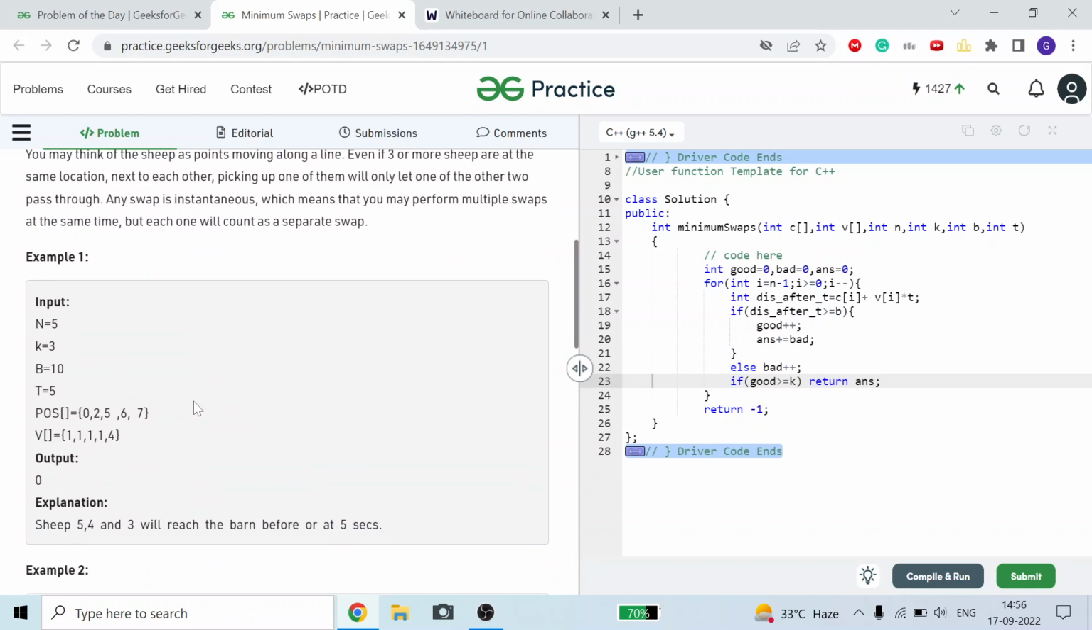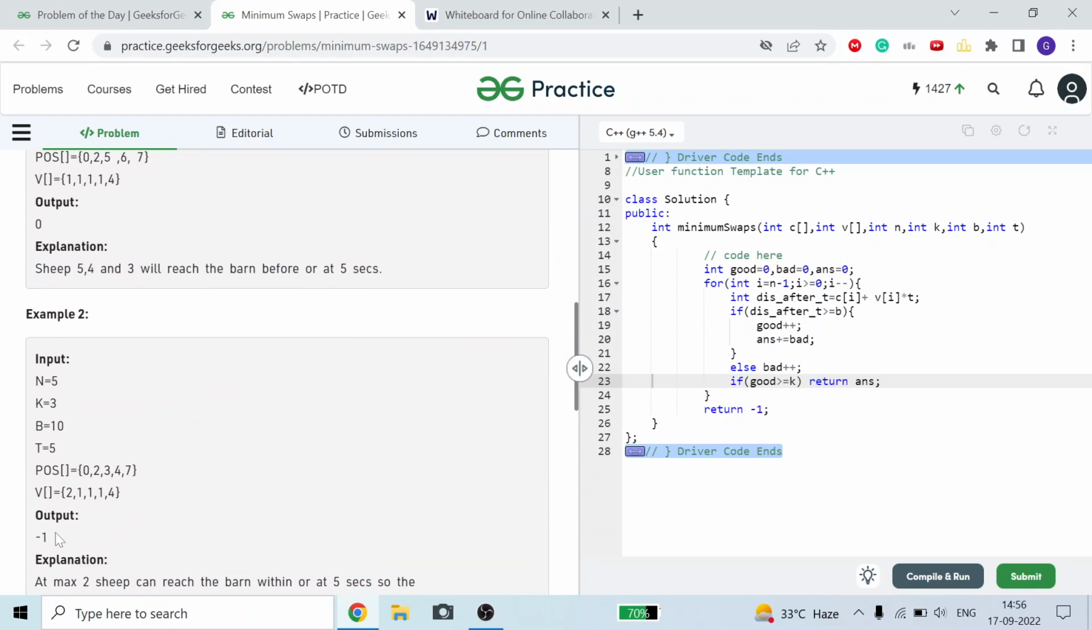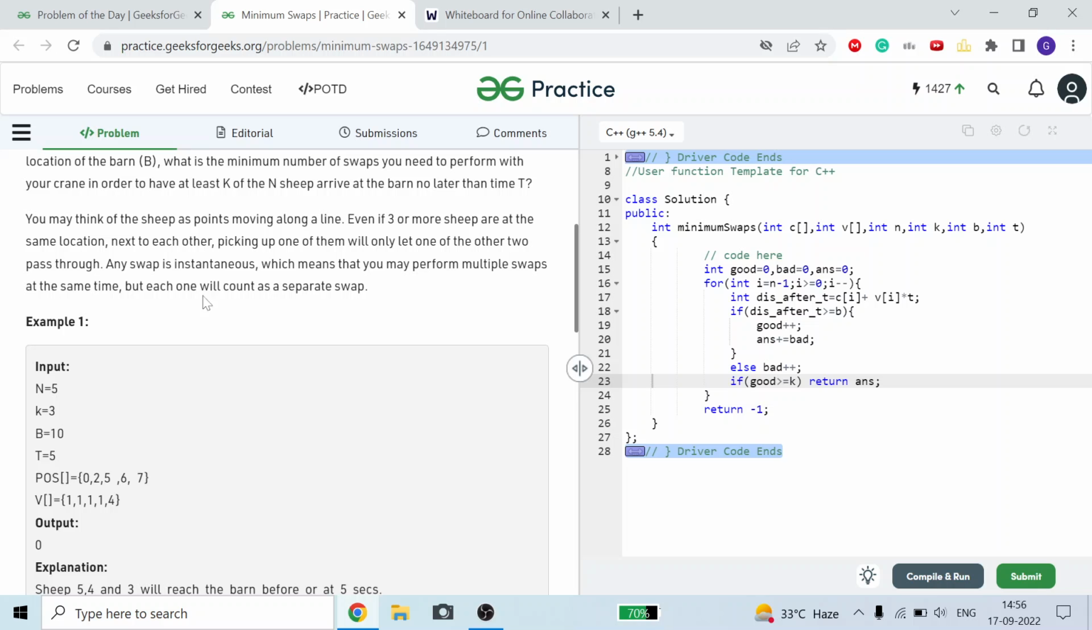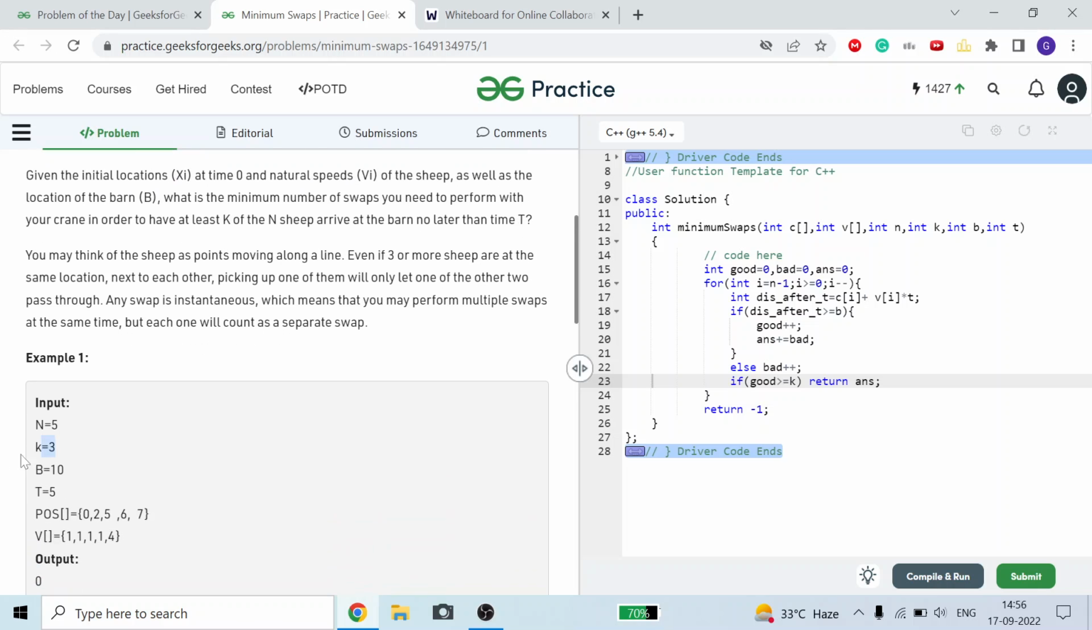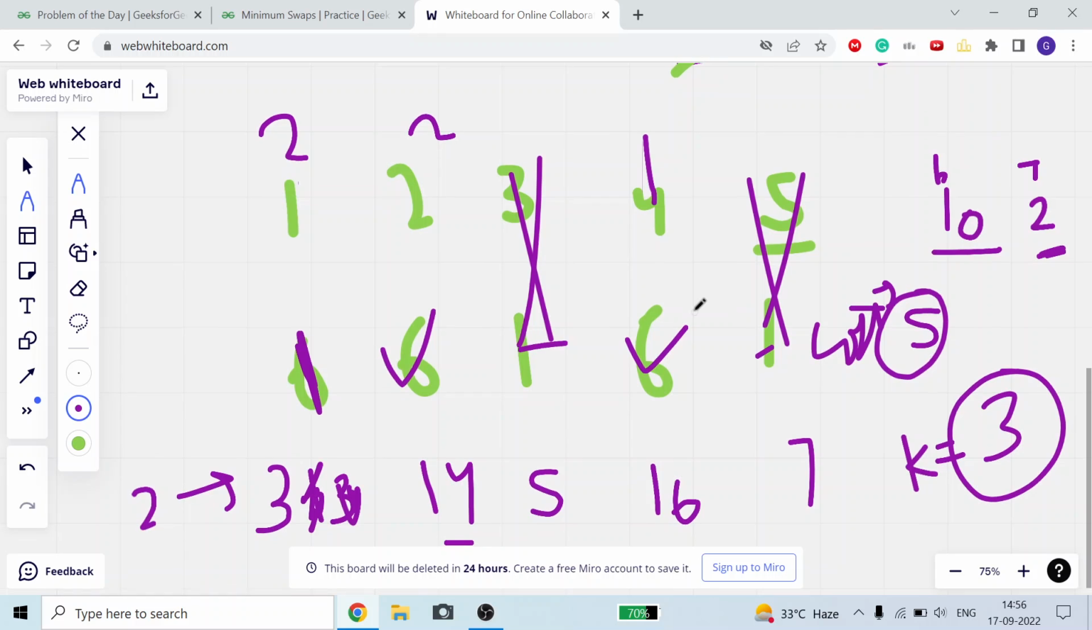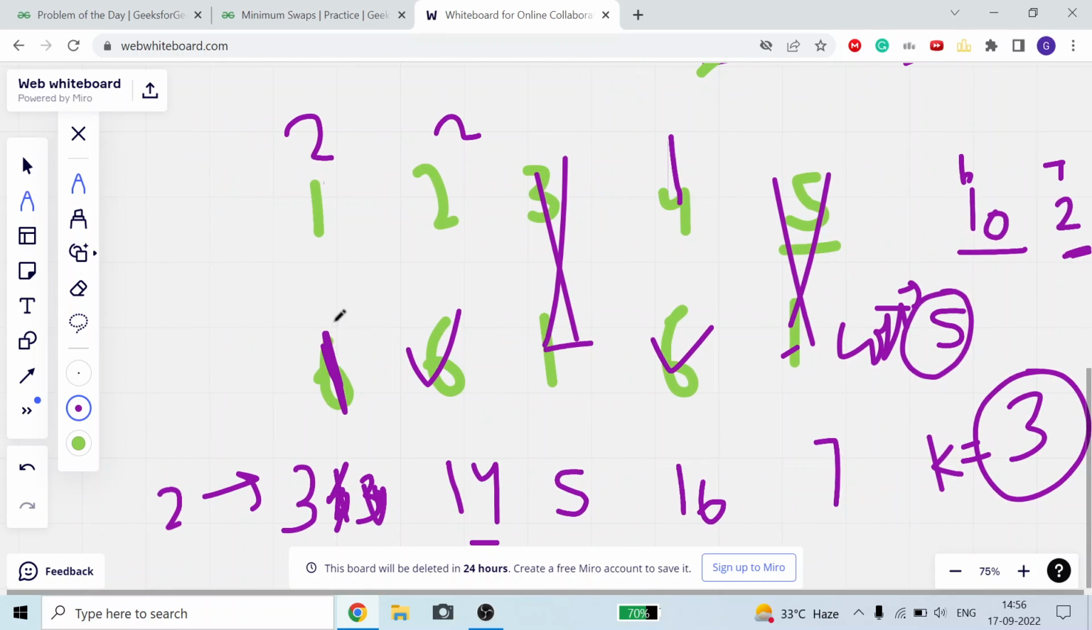So what we will do, we will return -1, meaning we can ignore any number of ships we want, but we will never be able to reach at least k ships at the end position. Okay, guys. Suppose here is 6, and here is one more at 1